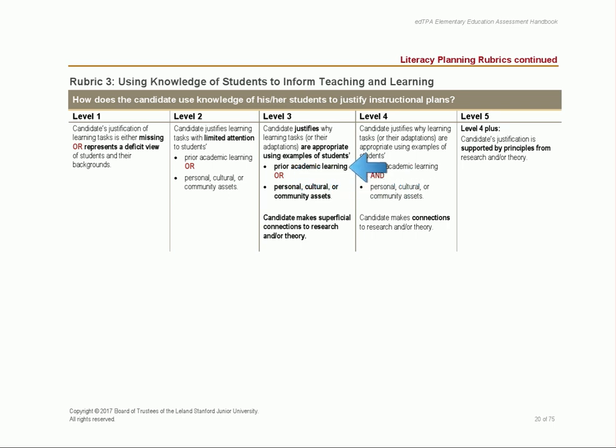Okay, so you want to talk about what learning they bring to this task, to the learning segment you're setting out, but also who they are outside of school. Okay, so this is a school-like frame for kids, but who are they that is greater than what they are in school? Okay, so remember I shared with you the glossary which described what these look like. Okay, so this is an "or" statement, and then down here, candidate makes superficial connections to research or theory. Okay, to move to a 4,